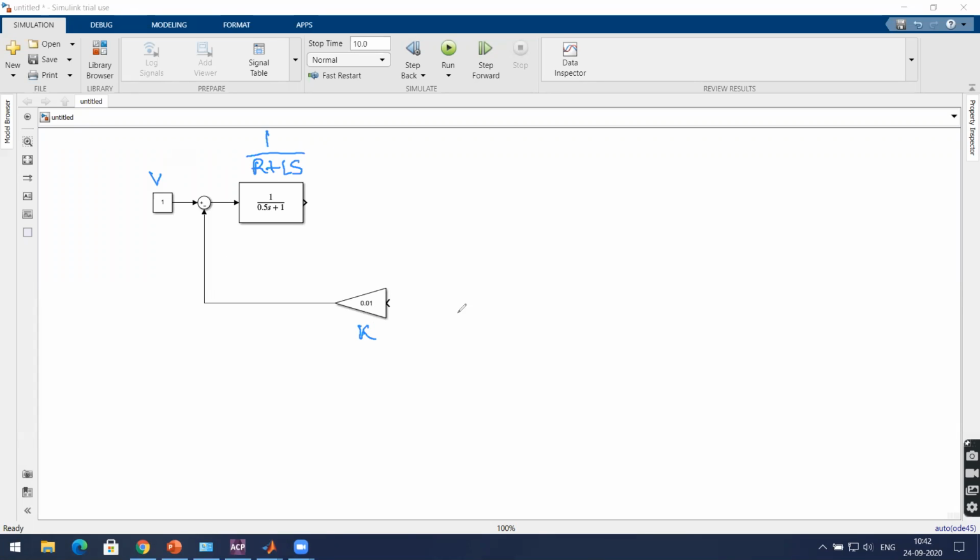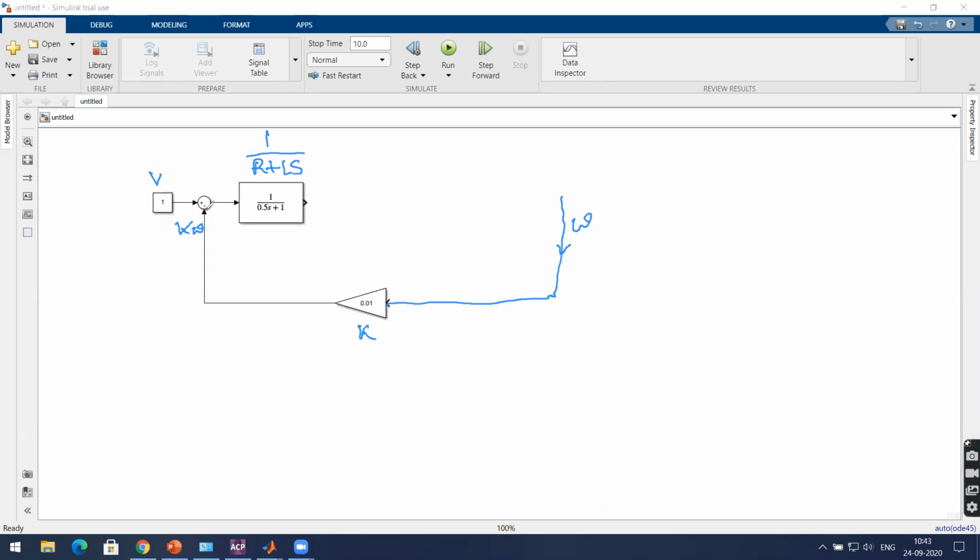Okay. So this must be what? K into omega. Okay. So omega must come from here. Okay. Omega must come from here. This will be K into omega. I'm just drawing. I'll do it in some time. K into omega. Okay. If you have it in series, you multiply. That's how, that is a rule, right? So K into omega. This comes here. K omega comes here.